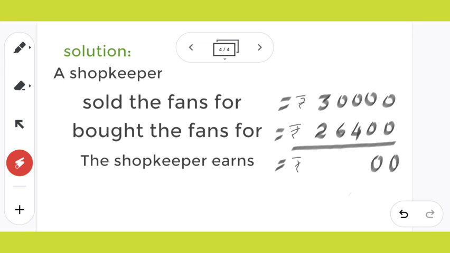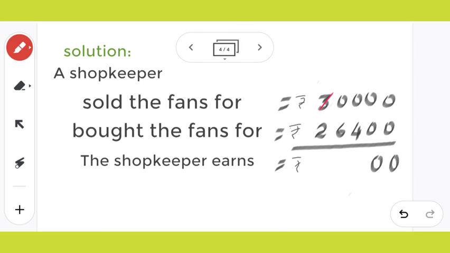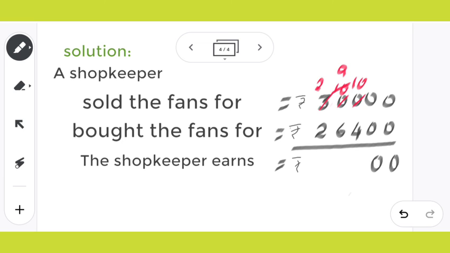Then the next digit, if you see here, you have 0 here and 4. 0 is small and 4 is big, you cannot subtract, so you have to borrow. But here also 0 is there, so you will borrow from this 3. If you give 1 from 3, 2 will remain. That 1 will come here and this 0 will become 10. From this 10 you can give there. If you give 1 from this 10, 9 will remain, that 1 will come here and this will be 10. Now 10 minus 4 you will get 6.